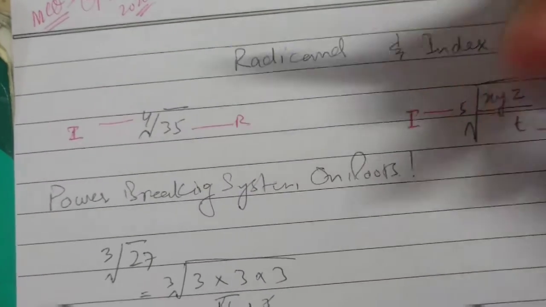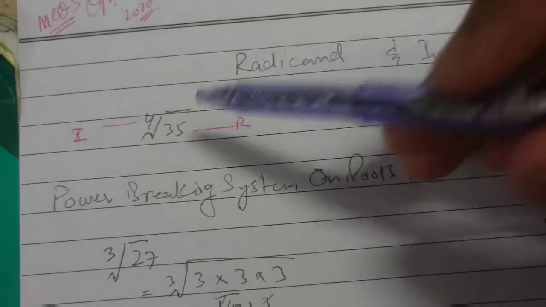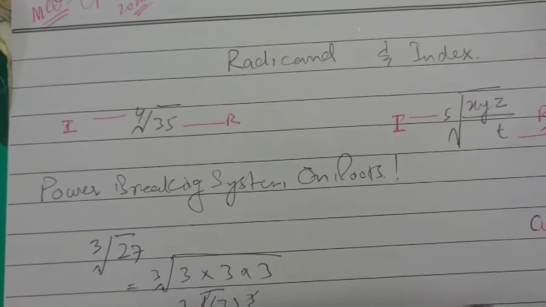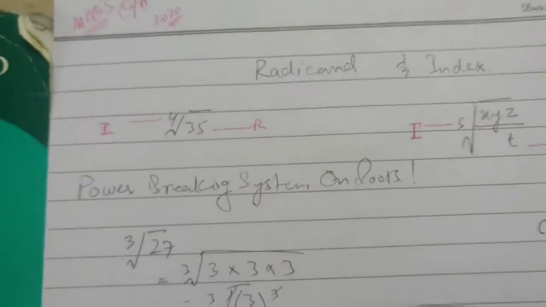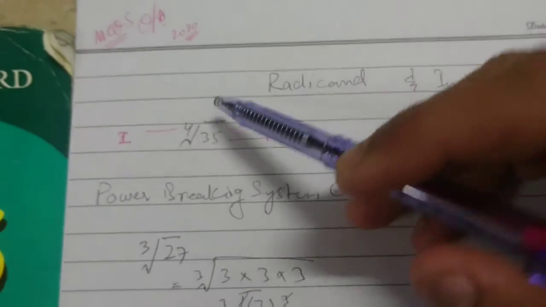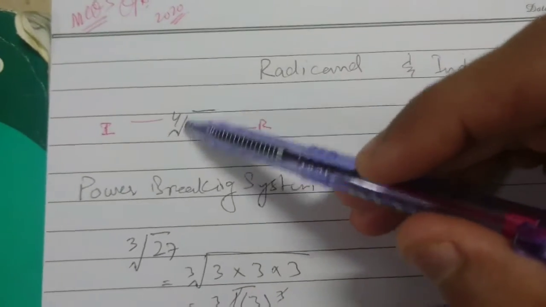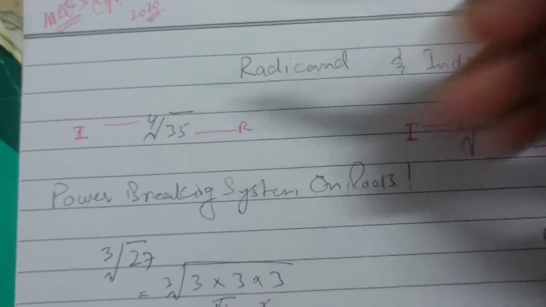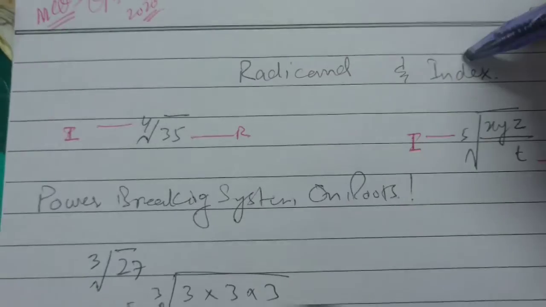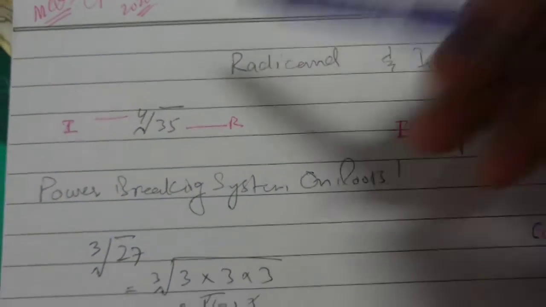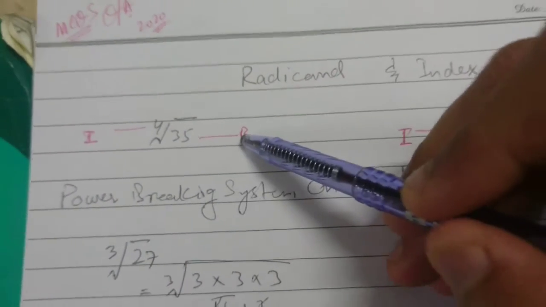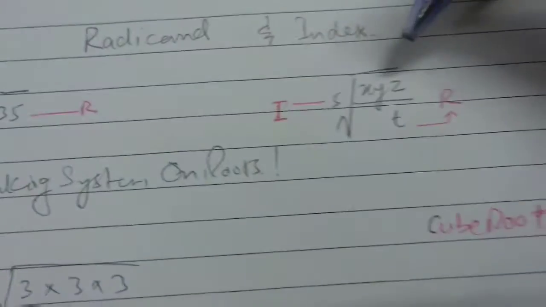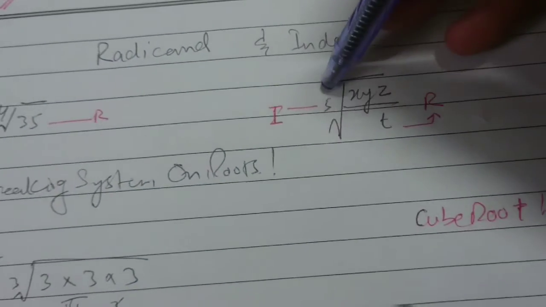You just have to let them know what this thing or that thing is called. They have the basic names given there. You have to circle them, or maybe tick them, whatever they require. The question is a root with 4 on the root, and inside is 35. They ask what is called the radicand and what is called the index. Maybe they ask about one of them. Inside the root, whatever the number is, that is called the radicand, and the one outside on the root, which you can see, is the index.